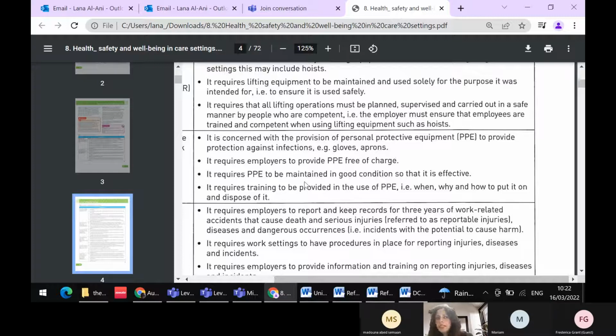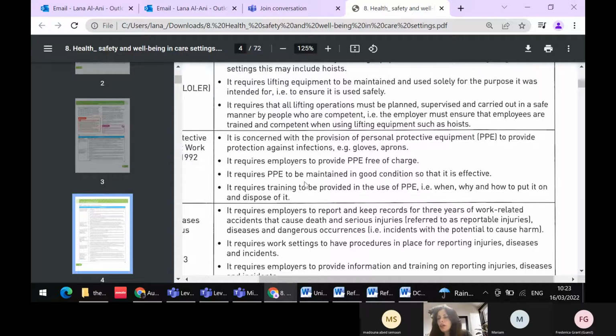So can you please explain to the rest of the class any examples of personal protective equipment? Apron, gloves, mask. Yeah. Well done, thank you. Gloves, apron, mask, maybe a face shield, anything that protects you when you are caring for people, maybe when you do cleaning, any spillages or anything. They are all called PPEs. And now we are more aware of the PPEs. Why? Because of COVID. So we are all wearing them at some stage.